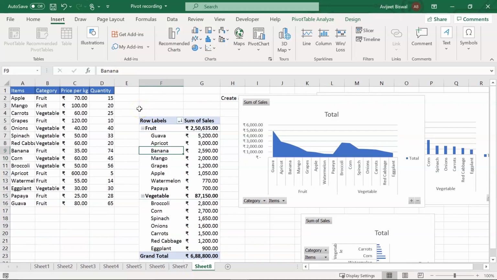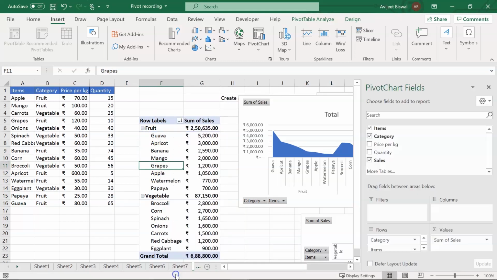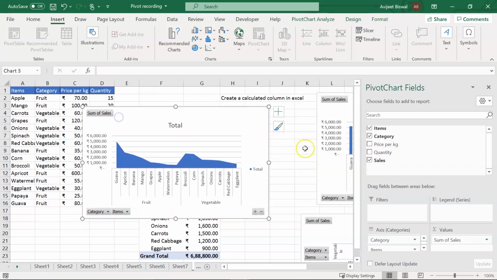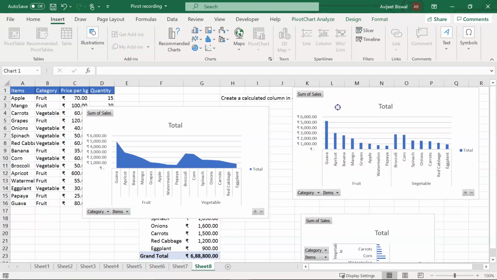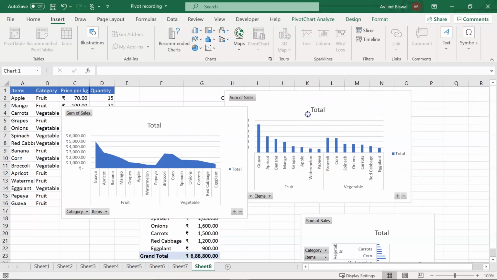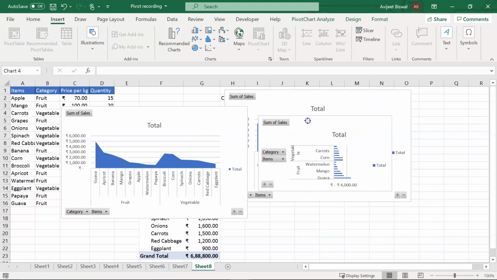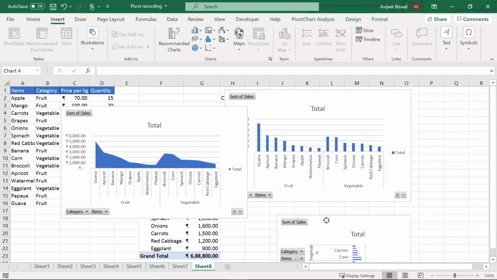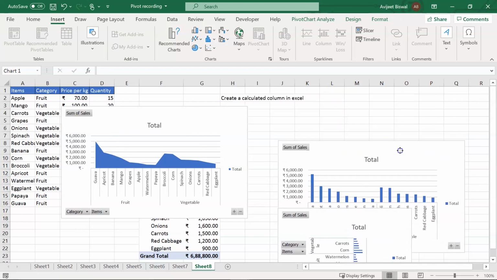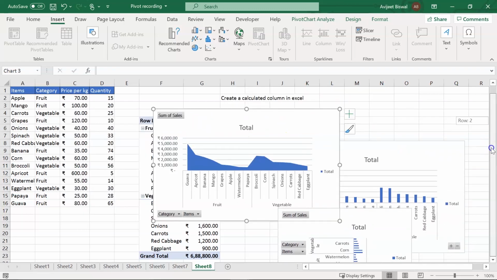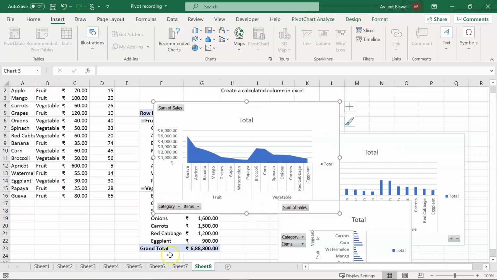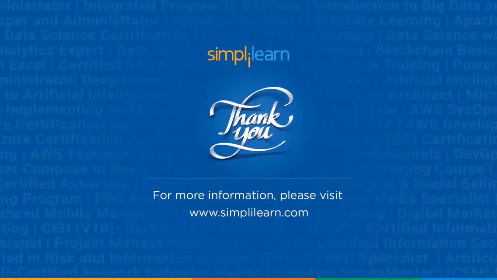Finally, we looked at how to create a calculated field in a pivot table. So we saw how to create a calculated field called sales, and then we explored how to create different charts and graphs. So this was an area chart that we saw. There's a column chart. We also looked at a bar chart, that was a horizontal bar chart. Similarly, we saw how to create a pie chart as well. And with that, we have reached the end of this video tutorial on pivot tables in Excel.